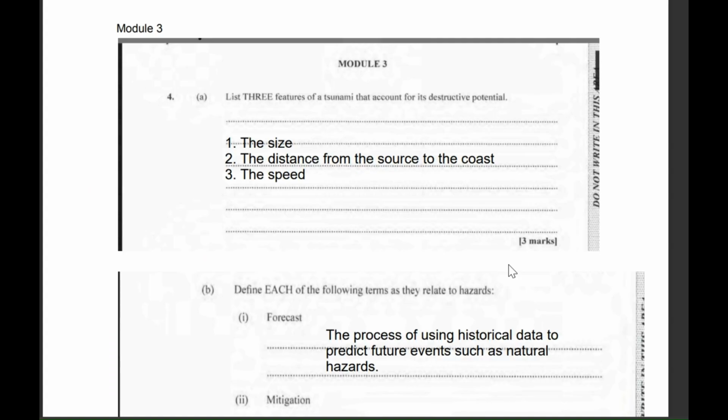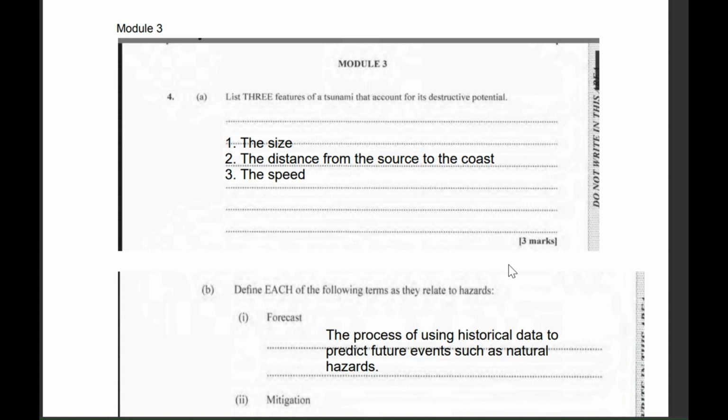Hi guys, welcome to Geography World. This video we're looking at question number 4. And question number 4, part A, said that we're to list 3 features of a tsunami that account for its destructive potential. Now, tsunamis are giant tidal waves that are generated usually at destructive margins, especially by volcanic eruption or by